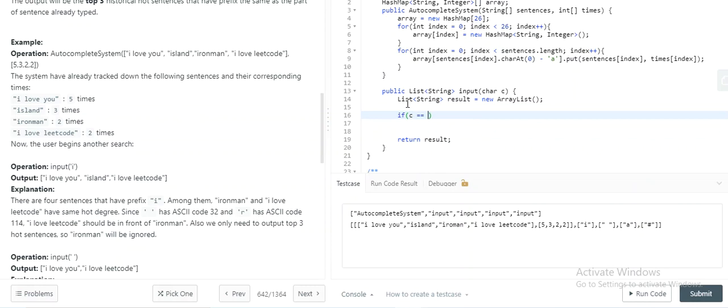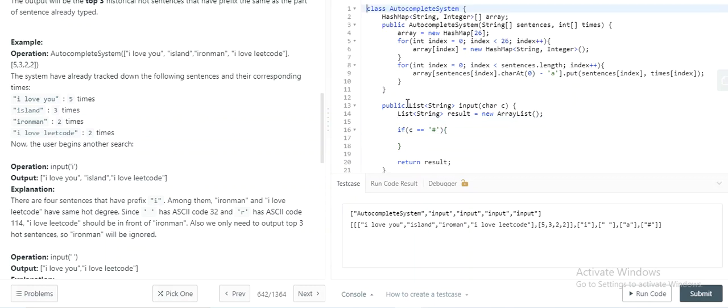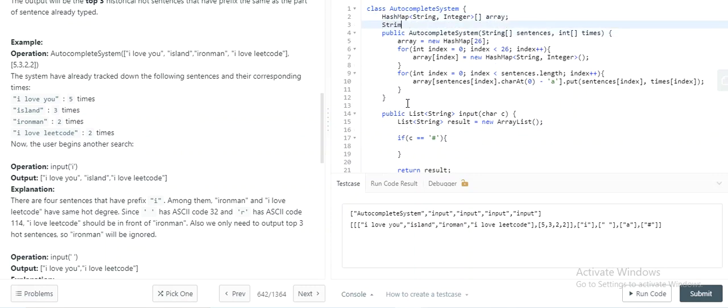Now c can be hash, which means the user has finished their search, which means the current string has to be added. So we need to have a variable which keeps track of what is the current string. So let's have string current string